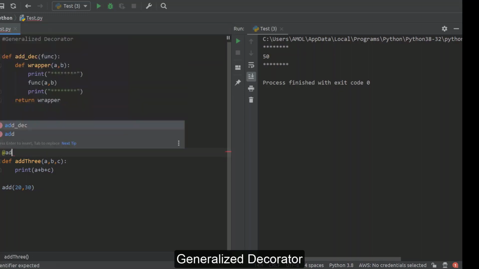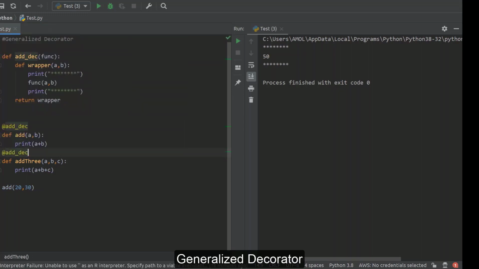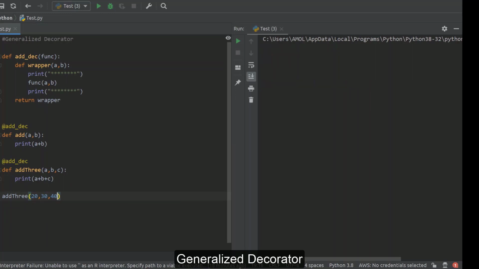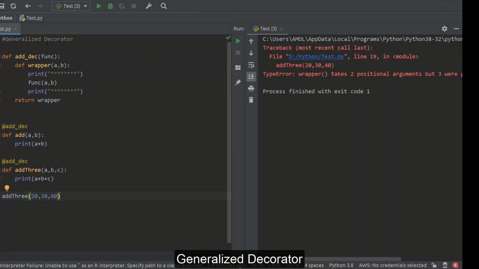Now if you want to apply the same decorator for this function, this obviously will not work. If you run like this, it will give you error because this wrapper function is taking only two arguments here. We are trying to call this decorator by using a function which takes three arguments. Suppose you want to define a wrapper function, or say decorator, in a generalized format, meaning it should work for any number of arguments.